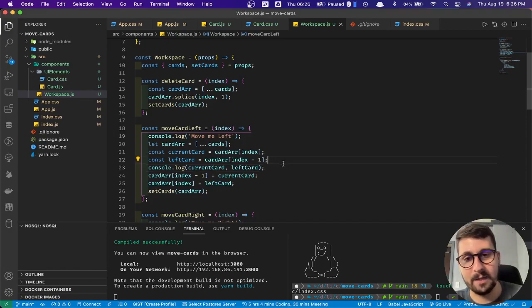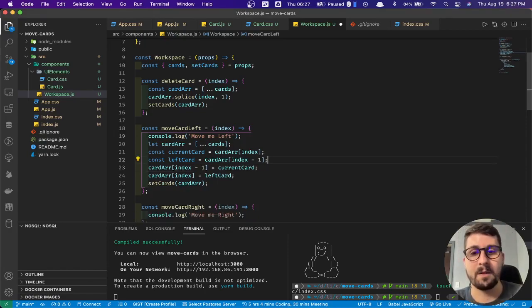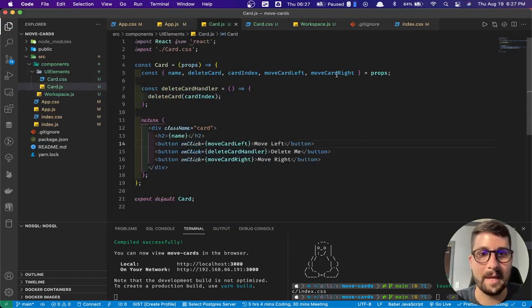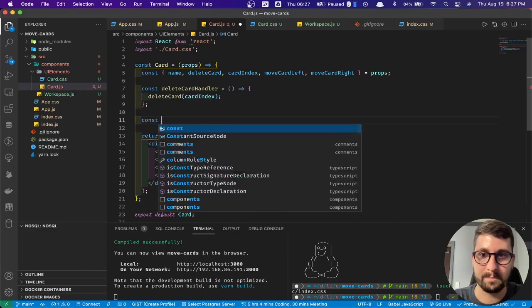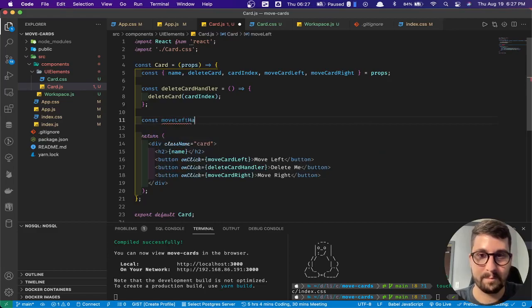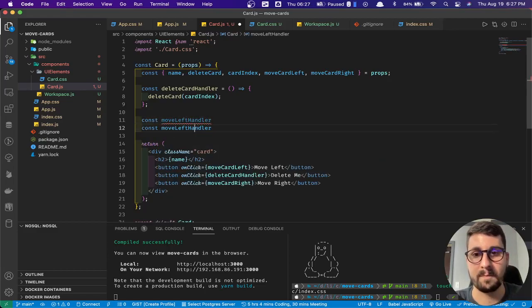That's happening because we're not actually specifying the index. So if we take a look at the card component, we're passing in move left and move right, but we need to actually give the index here. So just like we have the delete card handler, we need a move left handler and a move right handler. So we have move left, move right equals